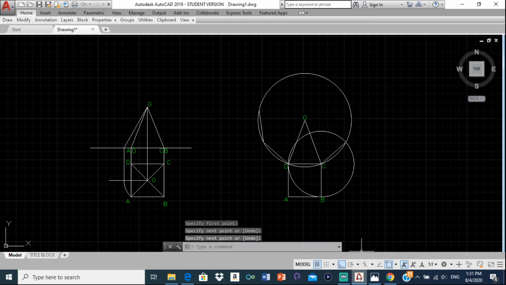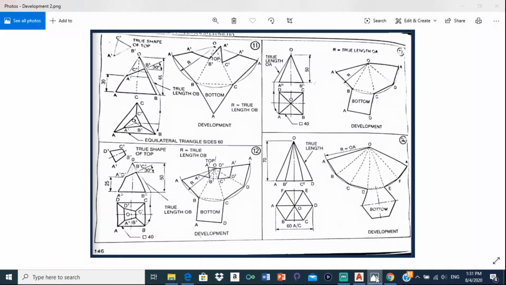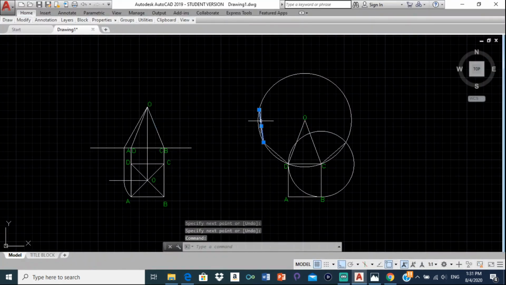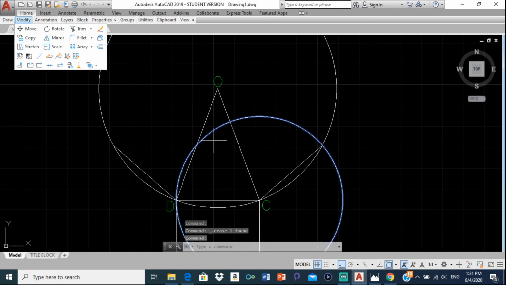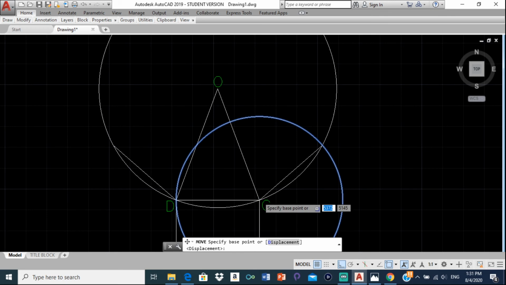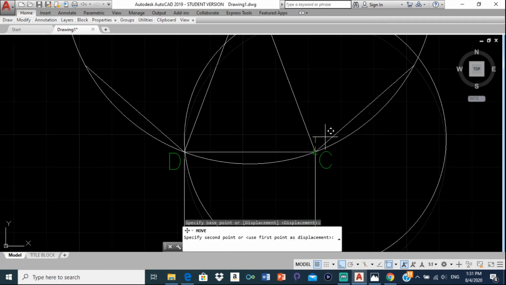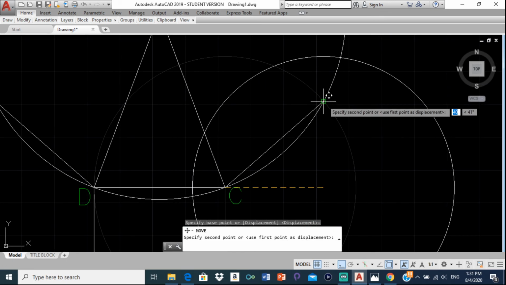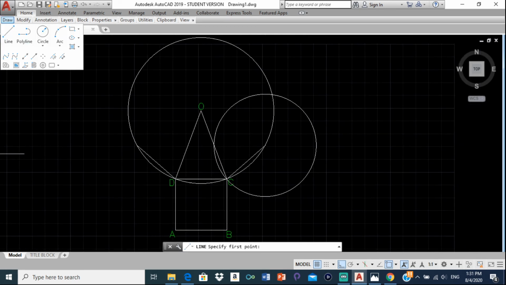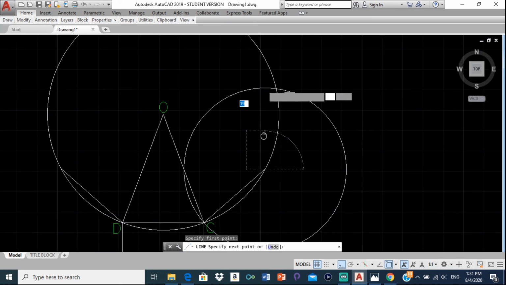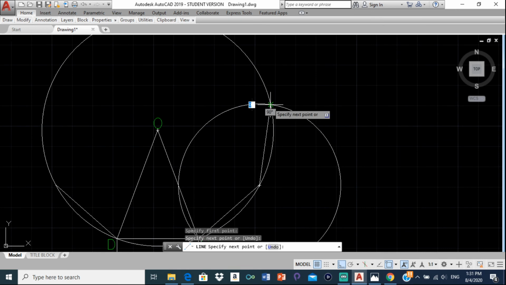Alright, so let me see over here. On the drawing they have 1 point over here. So alright, let me delete this line then. Alright, and then let me move the circle from here and bring it to this point right here. Nice. So now if I select a line and draw that line from here to that point there,